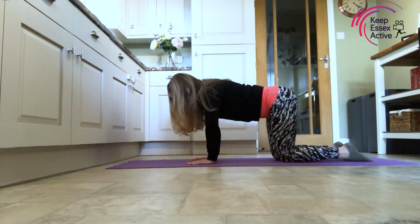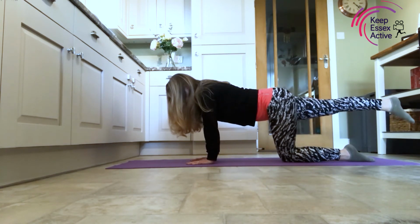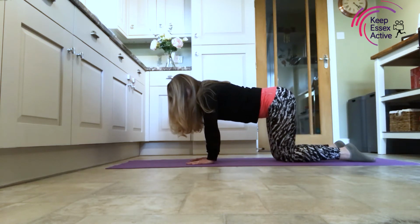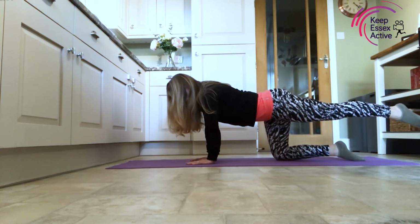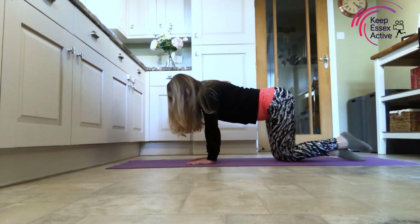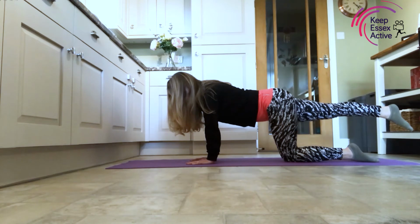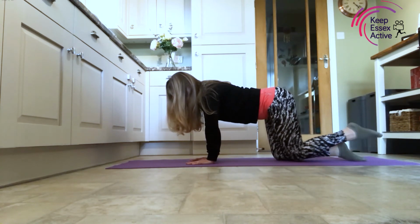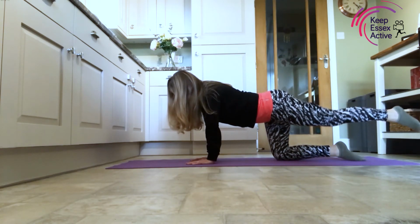Nice deep inhale, exhale, left leg reaching away, keep them abdominals pulled in. Placing it back down, inhale, exhale, right leg reaching away, holding it here, inhale, exhale, placing it down, inhale, exhale, left leg reaching away, just holding it there. Placing it down nice and gently. We're going to do one more each side, and then if you want to, you can take it up another